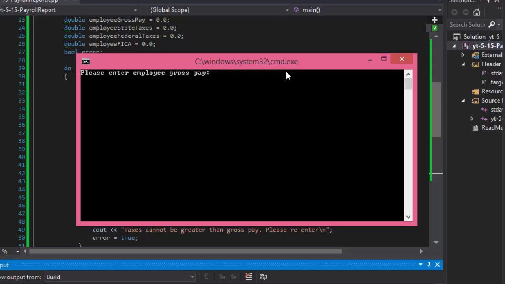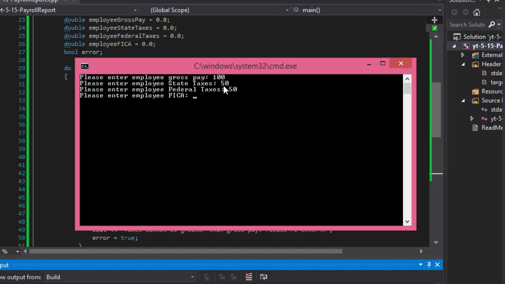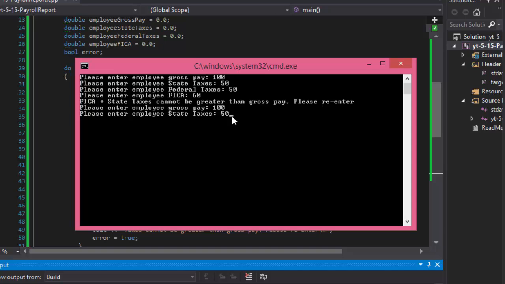So this is our employee gross pay. Let's say I enter 100. Employee state taxes, I'll do 50. Employee federal taxes, I do 50. And I'll enter FICO as 60. So remember, the state taxes plus FICO, if it's greater than gross pay, we should get an error. So let me see if that's gonna work. And it says FICO plus state taxes cannot be greater than gross pay. Please re-enter. So I do 150, 50, and I'll do